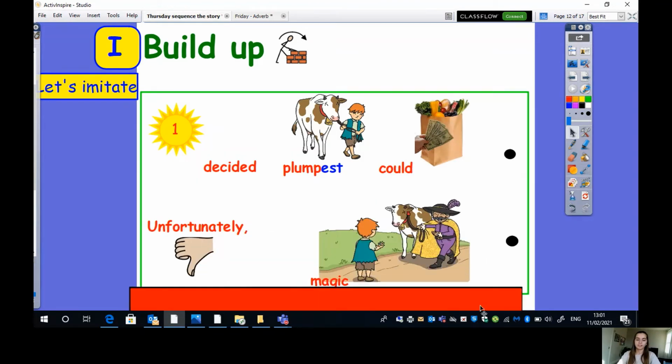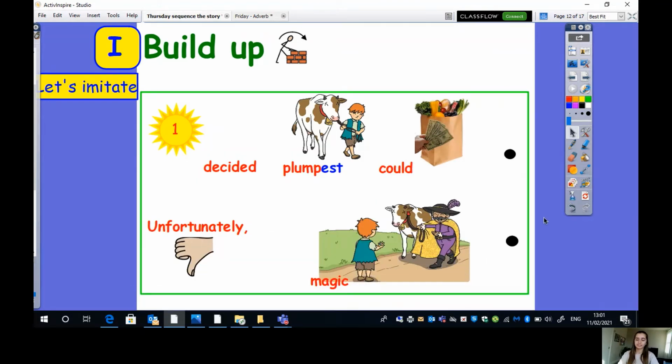Excellent. One day, Jack and his mum decide that they need money for some food, so they have to sell their plumpest cow, so their biggest cow that they've got. They have to sell it so they can have money for some food. But unfortunately, when Jack goes to sell the cow, he only gets some